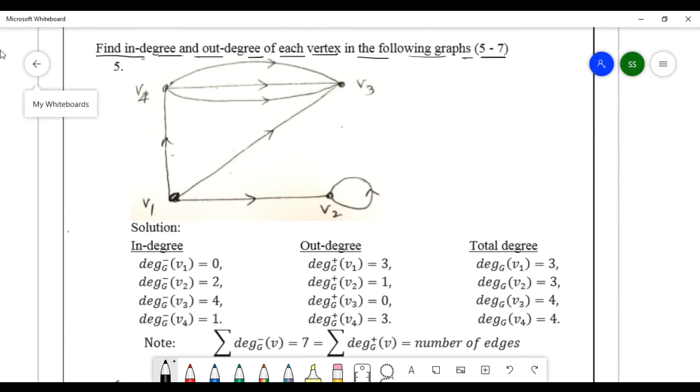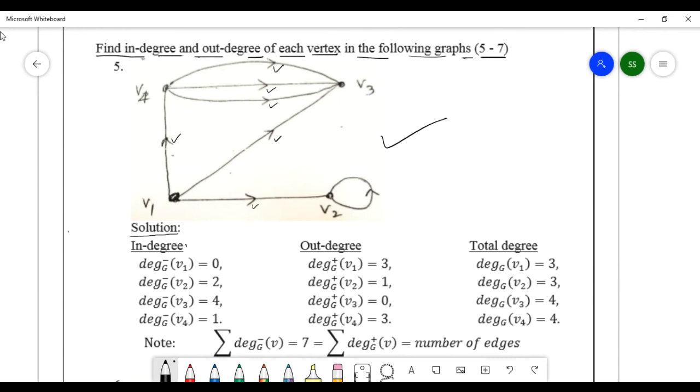Okay. Let me start from here. This is the graph. You have this graph. Okay. See, you can see here. This is a directed graph, see, in a direction mode. Right. Now, see the solution here.